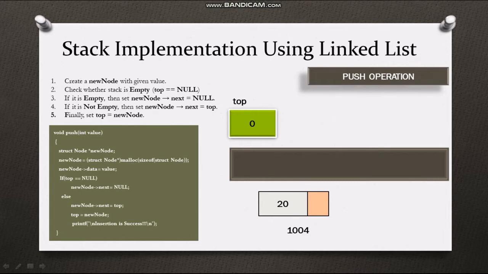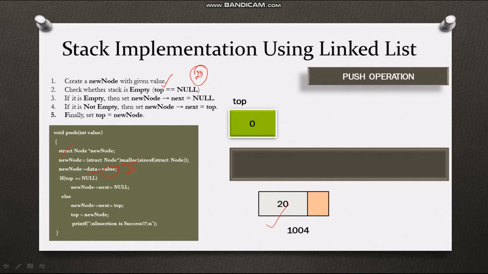The first step, as seen very clearly in the episode of linked list, we have to first create a new node with a given value. Let's say we have to create a node with the value 20. So here you can see that we have created a node with the data 20. Here in the code snippet, these are the three lines that contribute to the creation of the new node. So we have a struct node, new node, and the new node is dynamically allocated certain space in memory, and the data part of the new node is associated with the value 20. So till here we have performed.